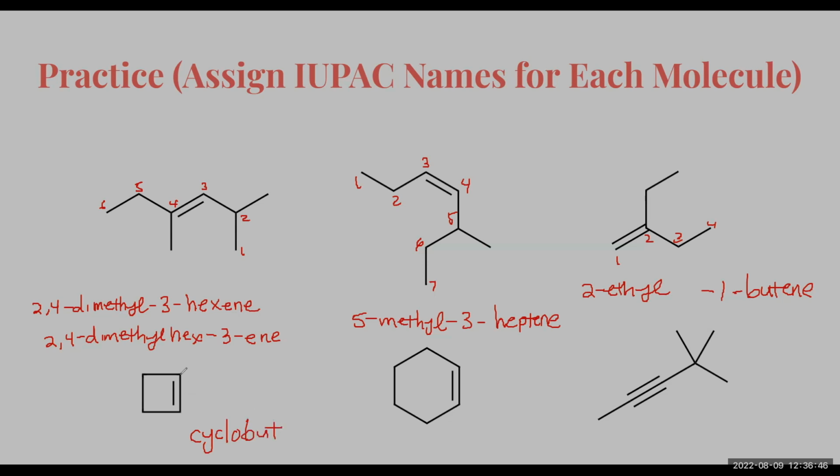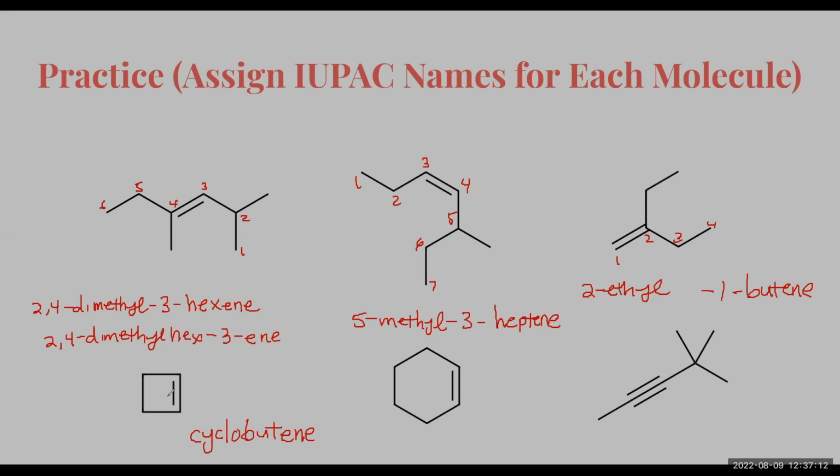Remember that there is a double bond right here. So this is going to be an alkene. So I'm going to write cyclobutene. And you don't have to indicate where the butene is in this case. It's implied that you would start either here or here. So it's just going to be like saying 1-cyclobutene, but